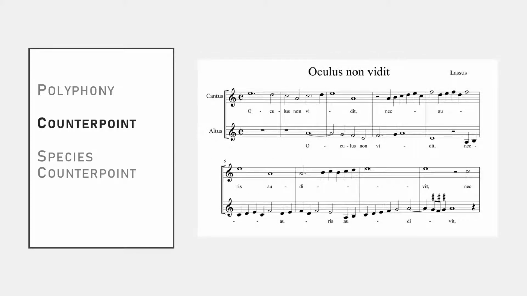Here is a short example of some excellent Renaissance polyphony. You don't need to be an expert of counterpoint to tell that this was written by a master. Just notice how easy it is to focus your attention on either one melody or the other, or to shift your attention between them, or to listen to the overall effect of the two melodies together.